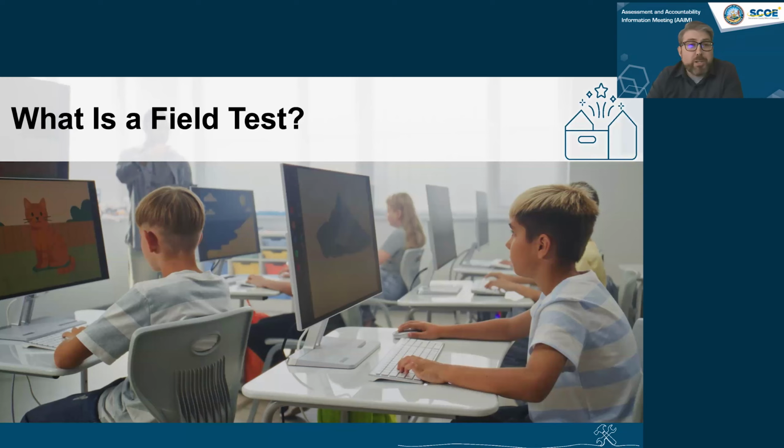So for the spring 2027 administration, a very small percentage of 6th and 8th grade students will receive the student choice performance task. And that essentially means that some of our students will receive a performance task that offers an initial topic choice item that asks the students to choose between 3 topics and then a 4th option that says, choose a topic for me. And then students not receiving the field test will receive the typical format for performance tasks.